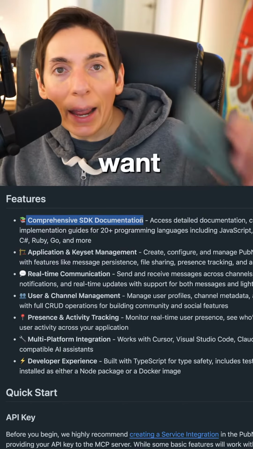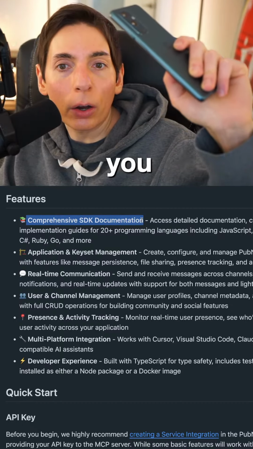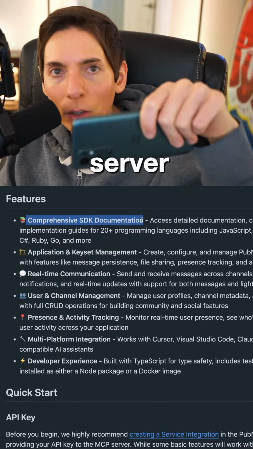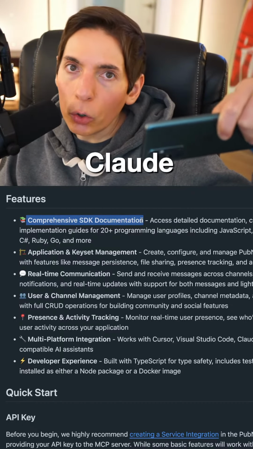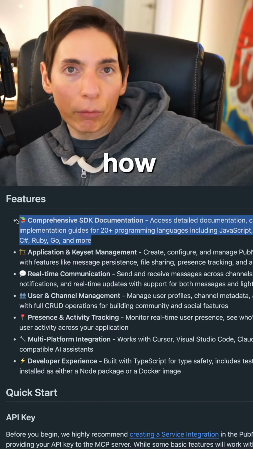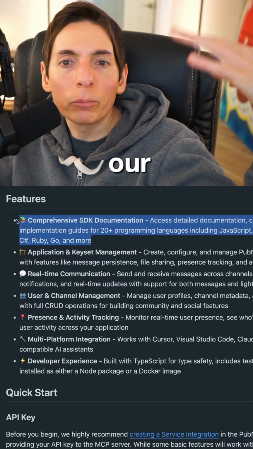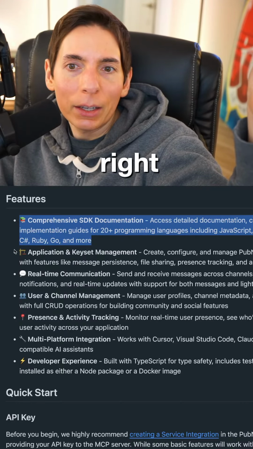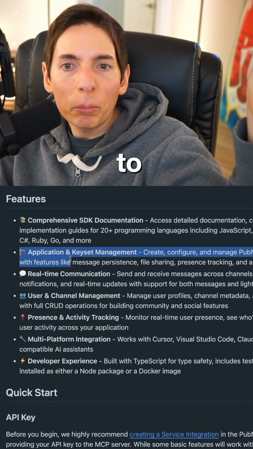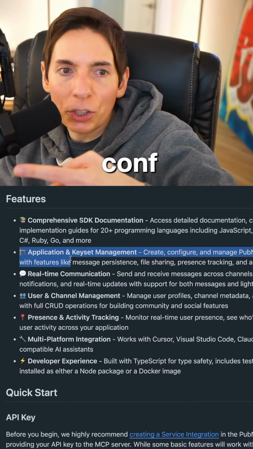So if you want to build an app with in-app communication, you use our MCP server in Claude Code, Codex, Gemini, Cursor, or VS Code. You would install that and it would now have all the knowledge of all of our SDKs and how our entire infrastructure works. So you don't really need to learn all of our documentation, right? It also has the ability to maintain your account management, so your API keys, configuration, and things like that.